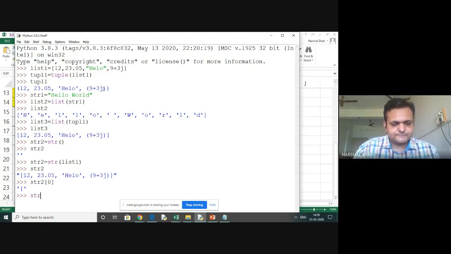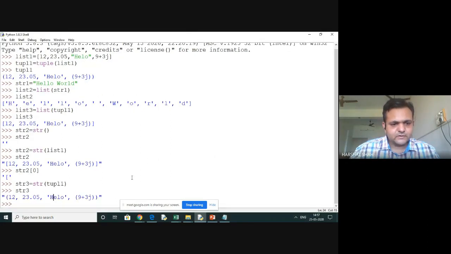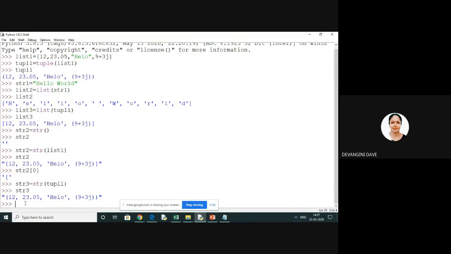Remember this, that's very useful. So here you can say tuple 1 will also be converted into a string, and you can see that the entire thing gets into this. Okay, hope you can understand this conversion also, right?